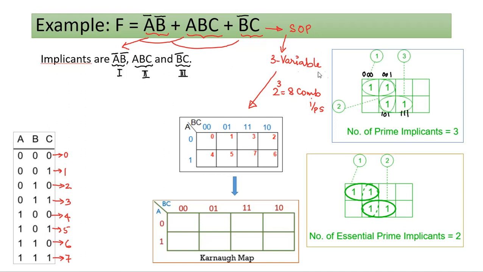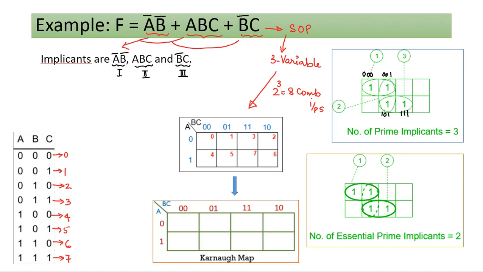Now since this is a 3 variable Boolean expression, we make use of a 3 variable Karnaugh map. If I want to map this particular function onto the Karnaugh map, I need to convert this Boolean expression into a canonical SOP. So we need to follow the procedure, that is, we need to segregate the terms, find out the missing variable, AND the term with the missing variable and its complement, and expand the term. So let me do that.